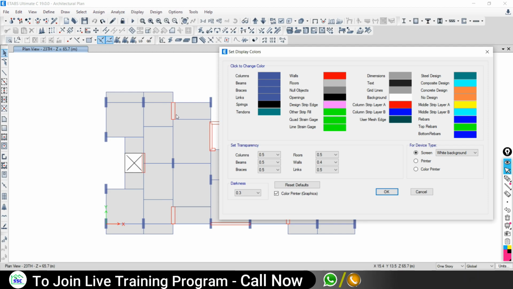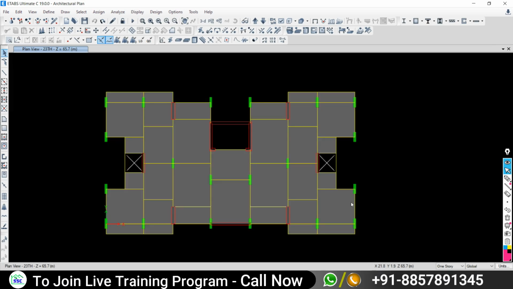Overall, some consultants and some persons are willing to work with a black theme. So come here, say black background, click over that, say okay. It is the black background, black theme.